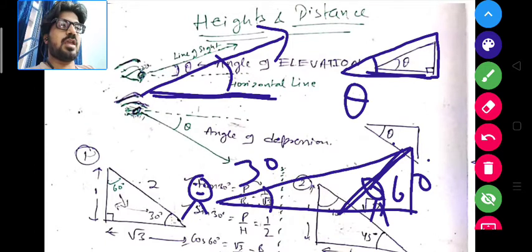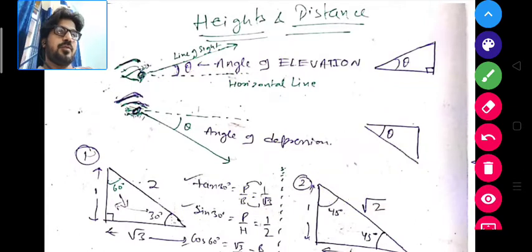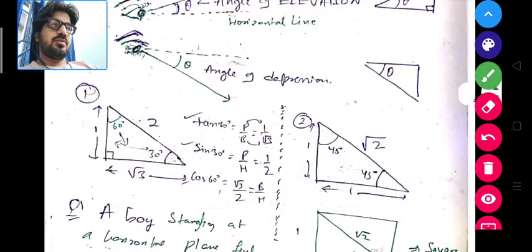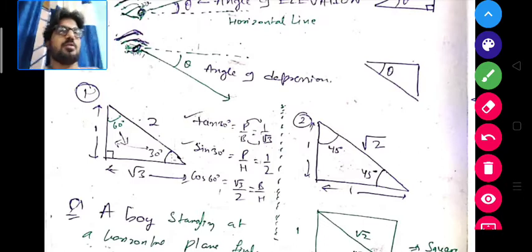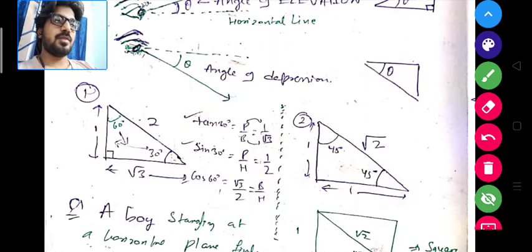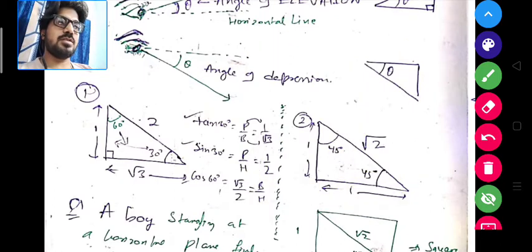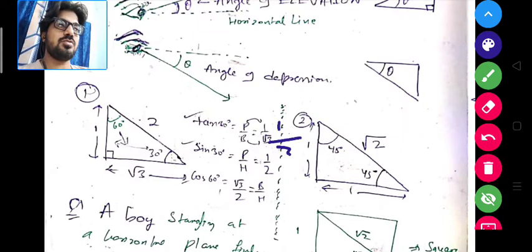Mainly we have to deal with three angles, that is 30 degree, 60 degree or 45 degree. 45 degree is the situation when length and breadth are both the same. We will see how. So we have the tan theta formula and sine theta formula and cos theta formula. So let's derive the Pythagoras theorem by using the ratios of these formulas. Okay, so we have tan 30 degree. The value of tan 30 degree is 1 by root 3, you know, from the table of 30 degree, 45 degree, 60 degree. So the value of tan 30 degree is 1 by root 3, and also